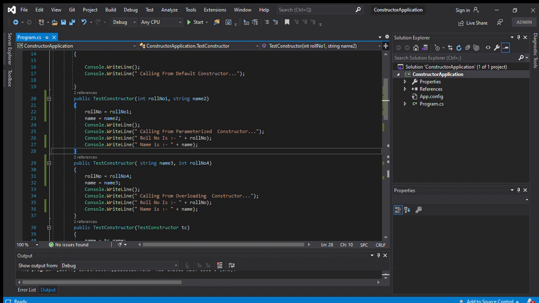The first one is the sequence of the parameters. Here I pass int roll number, but in the other method the sequence is string name.